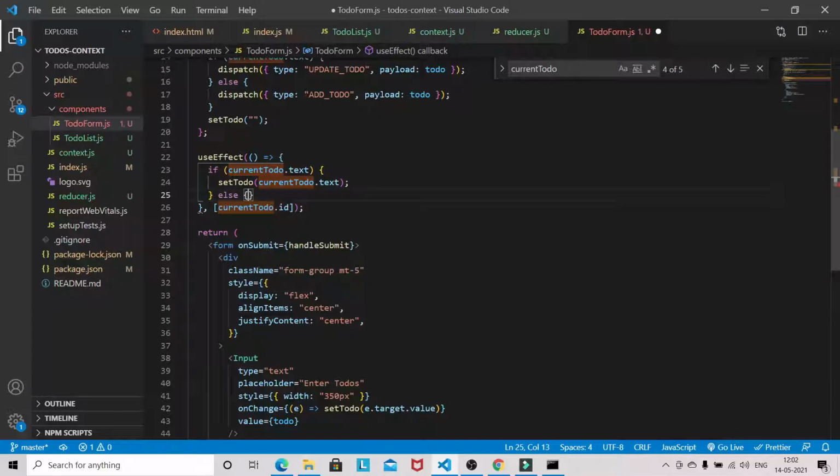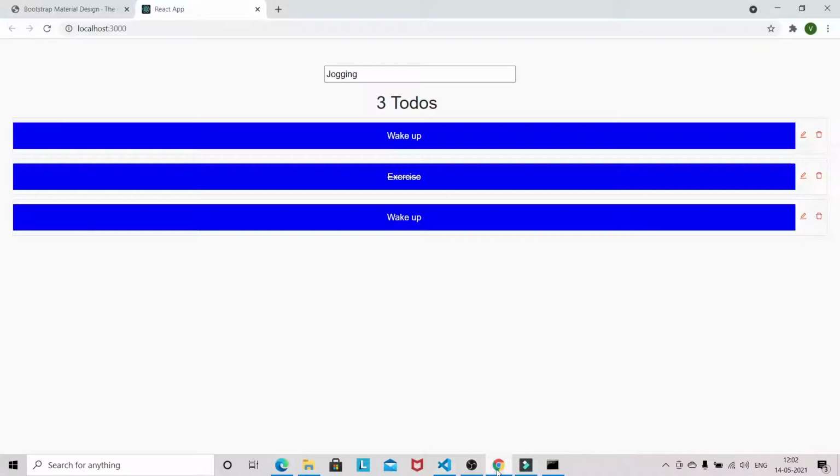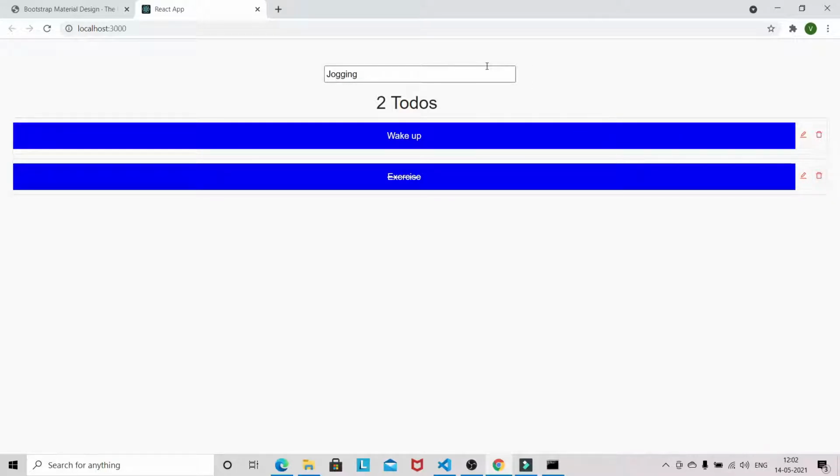So we can do an else part and set todo. Let's see if jogging is there, and if you're deleting, yes, it is still there.